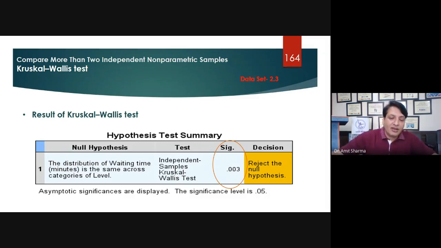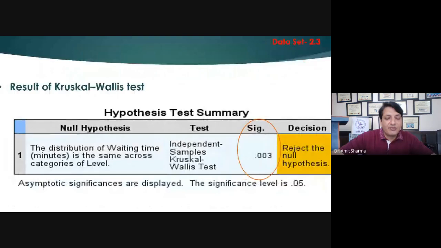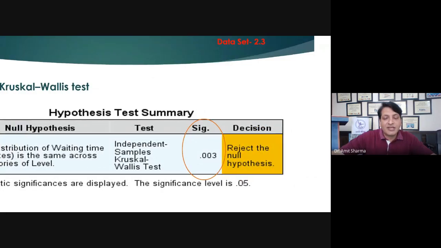So what does the results table suggest? The first table will be the hypothesis test summary, and here it is going to tell you which variable you have used for the study. That means waiting time we have compared with the option called label, and under the label we have three categories: primary, tertiary, and specialist. So we have applied the independent samples Kruskal-Wallis test, and we are getting a p-value. The p-value here we got